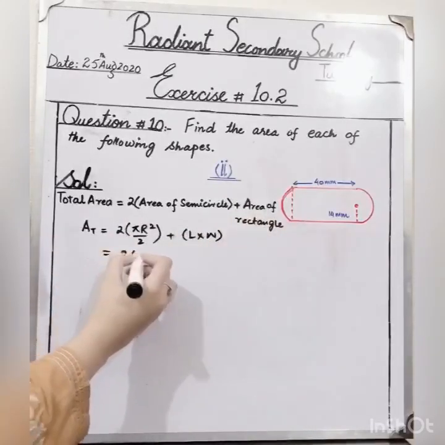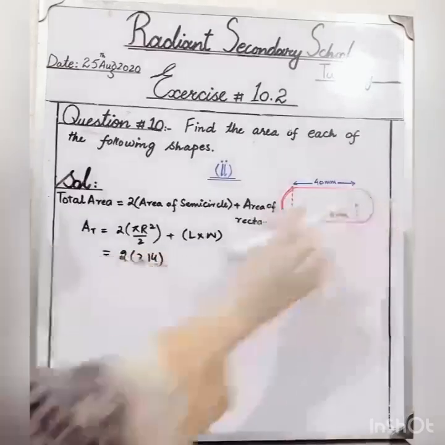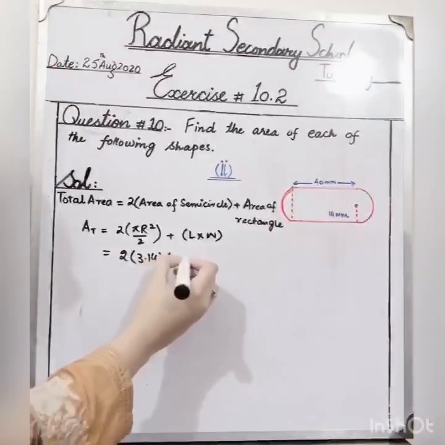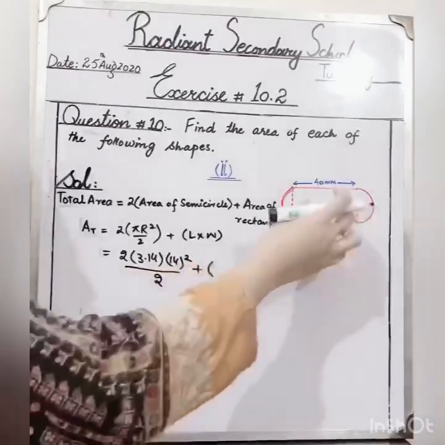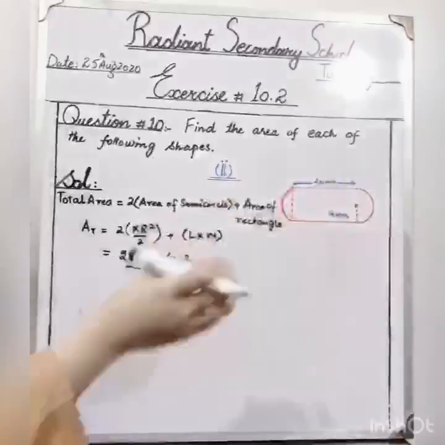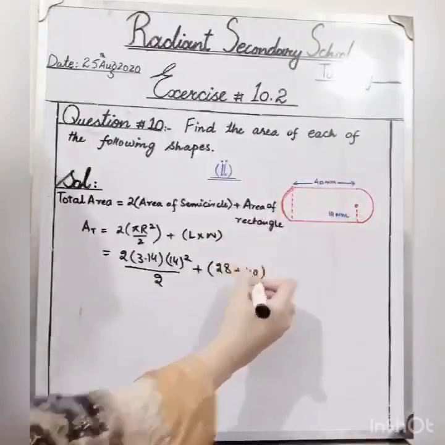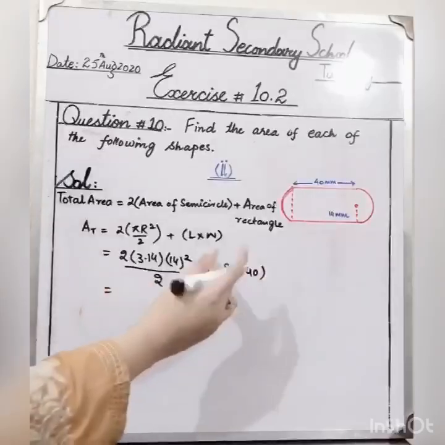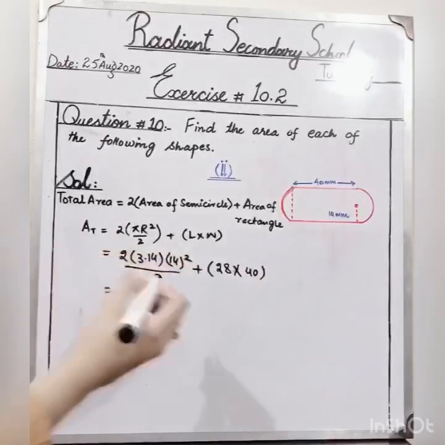The value of pi is 3.14 and here the radius is 14 square divided upon 2 plus here the half length is 14. When you double it, it will become 28. Width is 40. So this 40 into 28 will be 1120